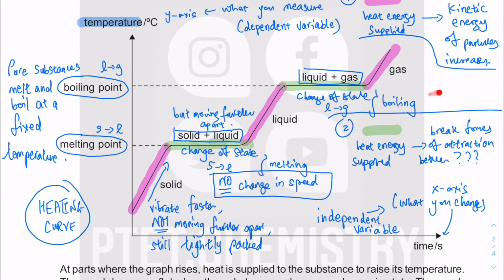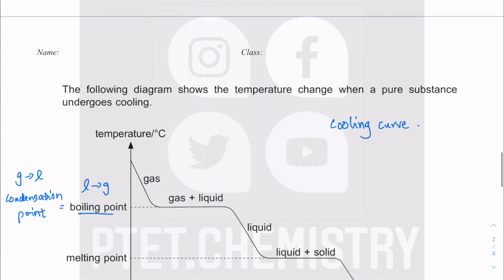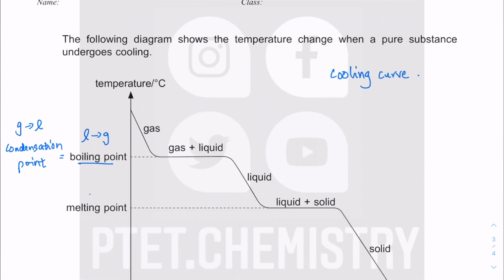It goes down, this is the condensation point, and it goes down, this is the melting point, which is the same as the freezing point, because melting is going from solid to liquid. That is equal to the freezing point, which is going from liquid to solid. All right, so that's why I've written it down as melting point, but that is equal to the freezing point, which is the opposite change of state. Again, the change of state is when there is no change in temperature. All right, so during